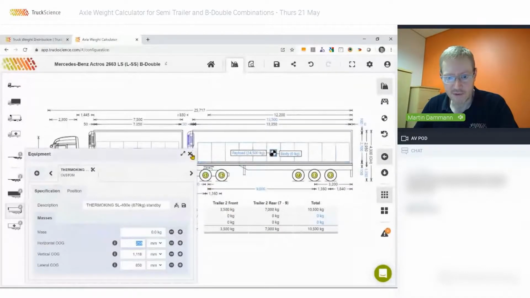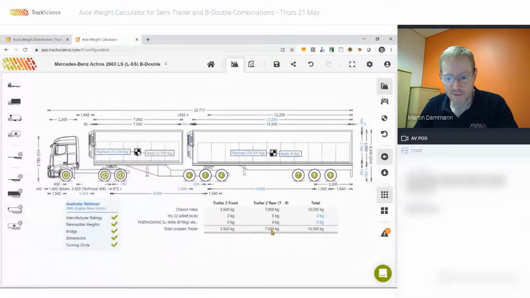It'll give us our required front and rear and total tare mass for the trailer. So just a nice way to be more specific about your weights if you have an actual trailer drawing from the manufacturer. To toggle back to the summary of the overview,